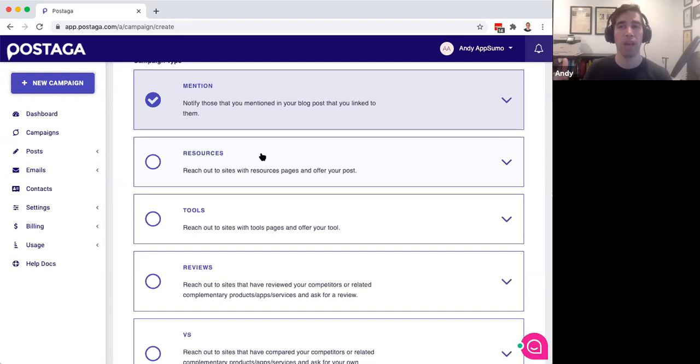But the goal with this campaign type is you're going to find all the outbound links, reach out to those websites, and then pitch them whatever unique pitch you want. So for example, we have a bunch of template sequences, so you can reach out to these websites and say things like, hey, just want to let you